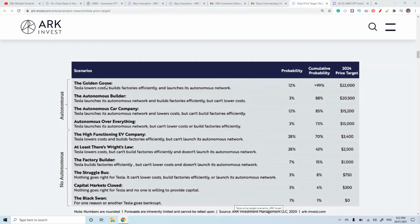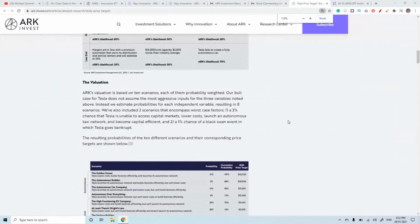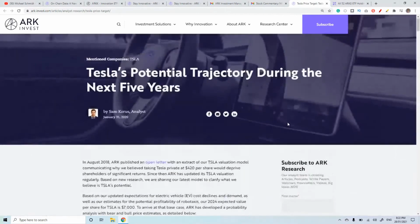But yeah, a very, very bull case, golden goose scenario, right? And somewhere in the middle, which was probably more accurate. But realistically, now that we have seen the share price going up, we are probably somewhere here, at what the market believes Tesla is capable of. But yeah, going back again,